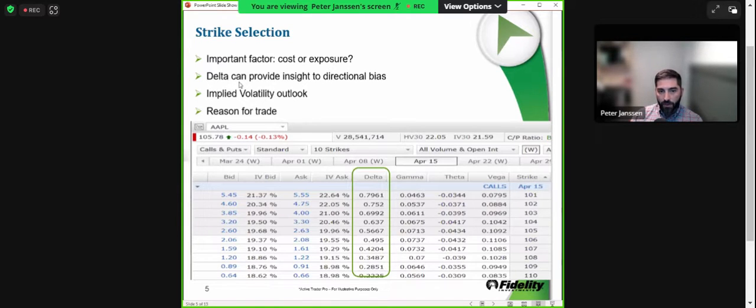You're thinking about delta being able to provide insight into your directional bias, or maybe the conviction. Aside from bias or conviction, really the way I think about it is how much of that move here and now are you trying to take part in versus maybe an assumptive move down the road, because these deltas do dynamically change. So in this example, when we're talking about cost versus exposure, I think what this slide is trying to demonstrate is that at the money, deltas are going to be closer to 50. Deeper in the monies, like we had just seen, are going to approach 1, and those further out of the money deltas are going to be lower, closer to 0.